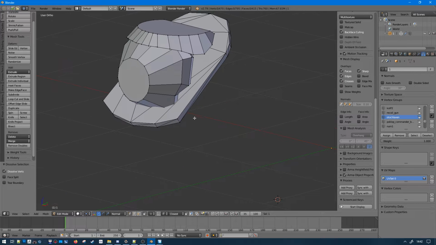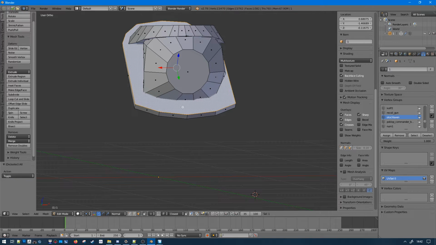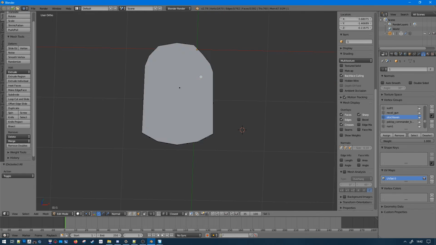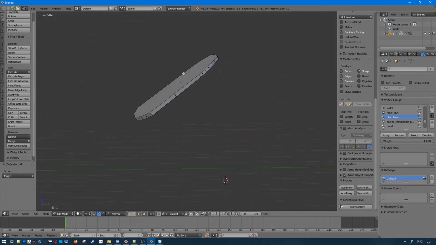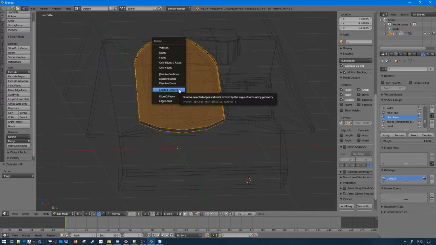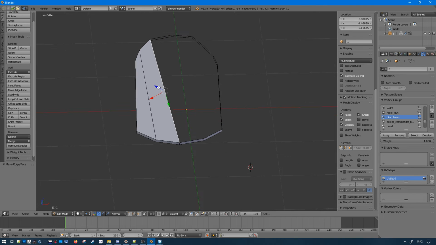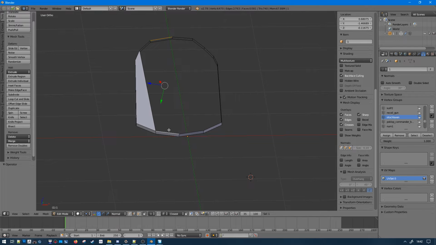Just run a limited dissolve and I'm surely going to cut that. It's where it doesn't like it, but yeah, you can. I mean, yeah, it works.